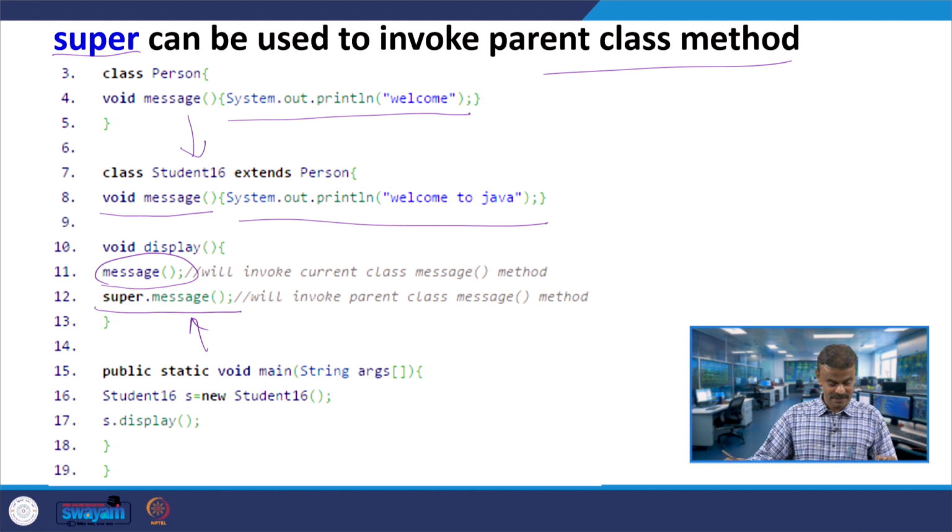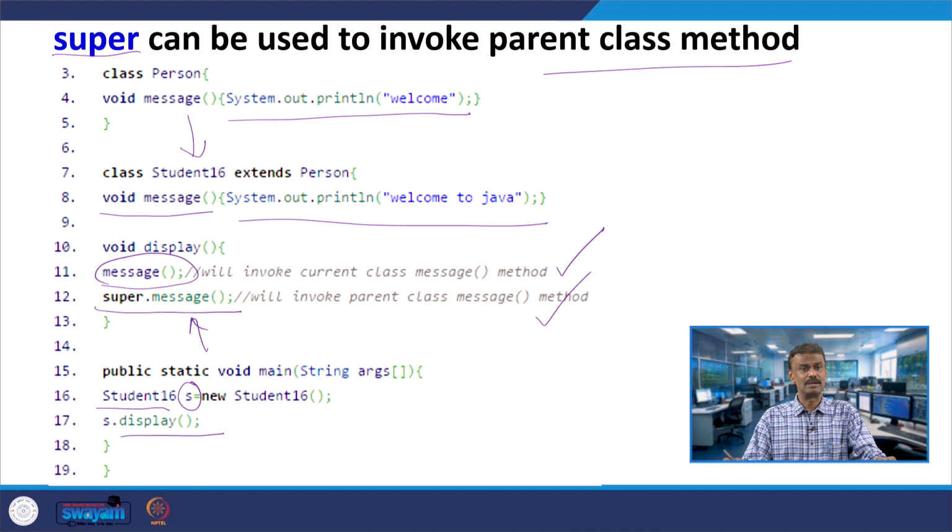When you go to the main program, you have an object S whose class is Student16, and this object is invoking display. When it is invoking display, you have line number 11, message, and line number 12, super.message. By the keyword super it is very clear.